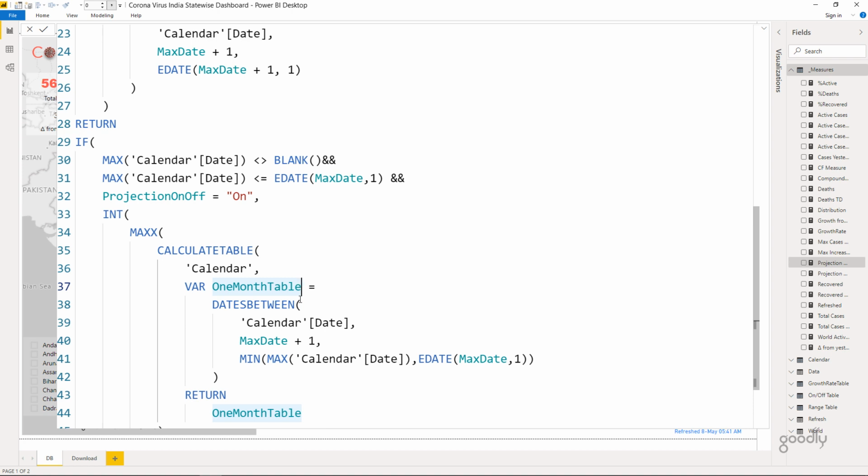Okay, the next one is a pretty interesting one. I haven't personally used that, but I find it interesting. Maybe I'll start using that. The next shortcut is toggling between the start and the closing brackets. So let's say I am currently at the dates between function, and I'd like to toggle between the start and the closing brackets of dates between. How do I do that?